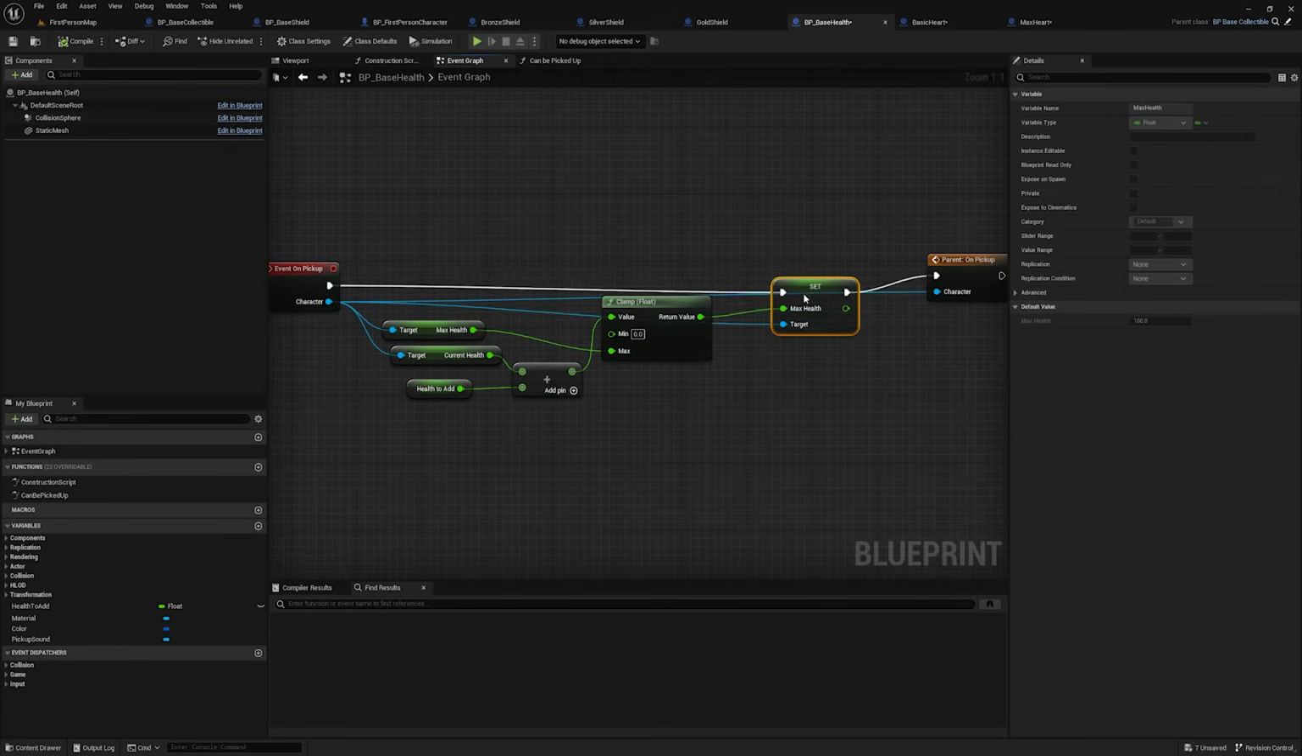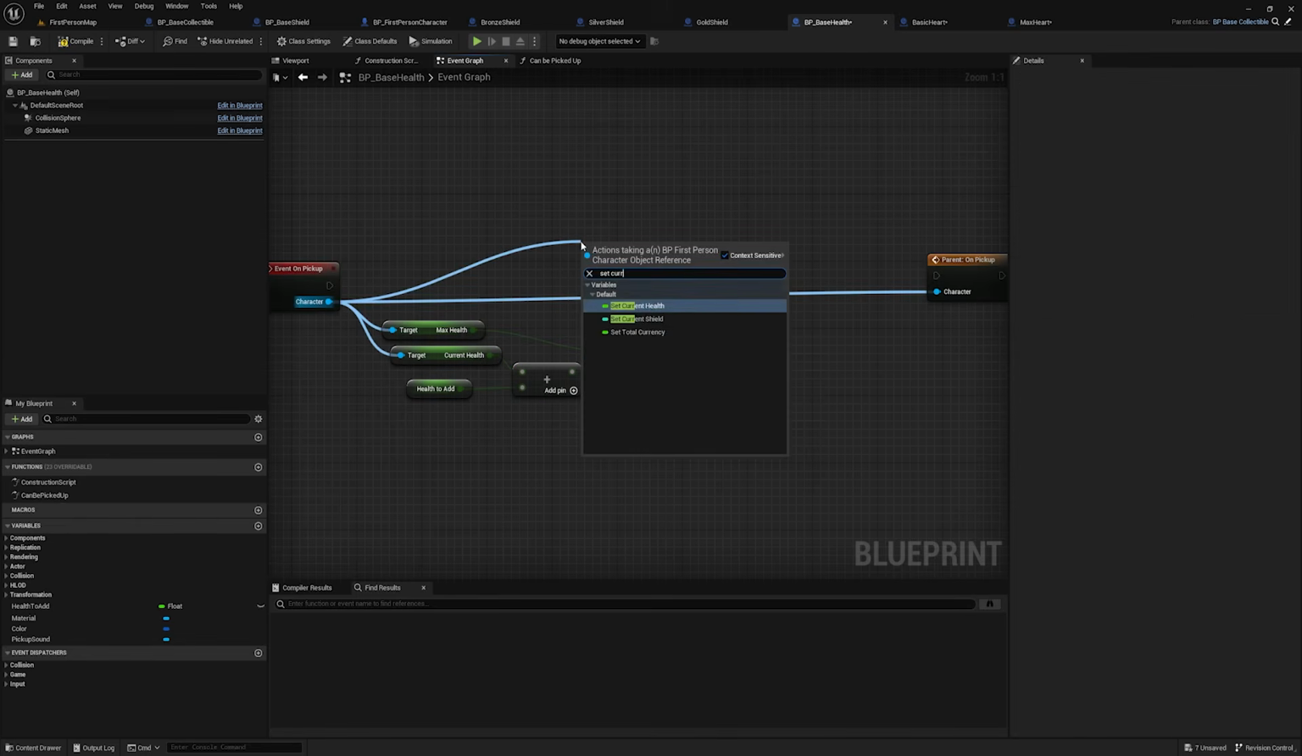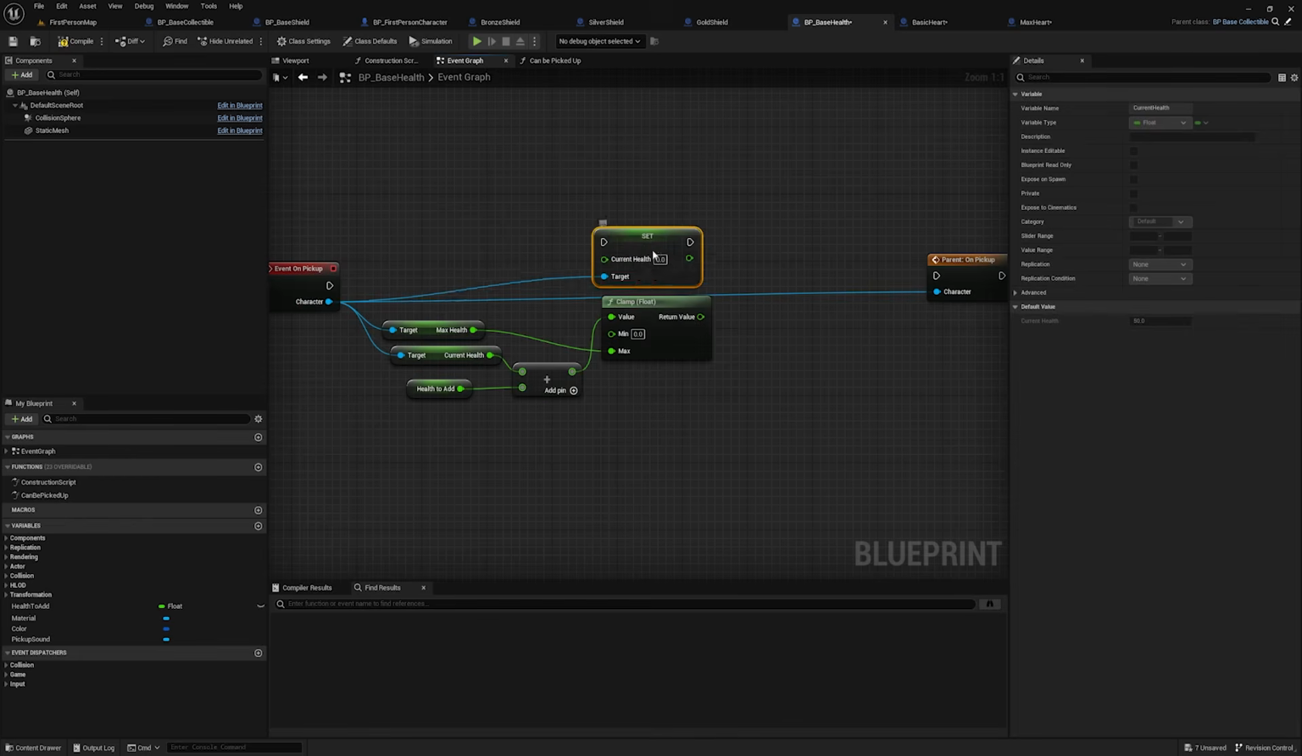And I made a small mistake. We don't want to set max health here. We want to set current health. So I'll just delete that and set current health. Now we can plug that in,